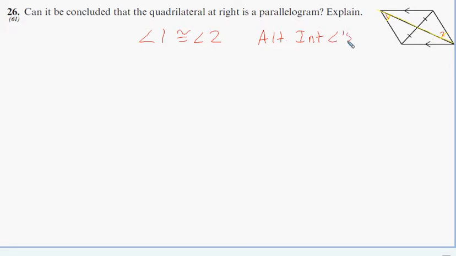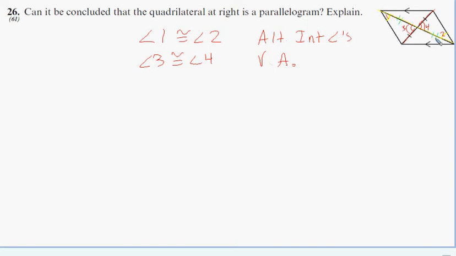We also know, we've already been given that this segment is congruent to this segment, and we could finish it out by saying that, I'm going to call this angle 3 and this angle 4. We can say angle 3 is congruent to angle 4 by vertical angles. So we can pretty quickly see that those two kind of sideways triangles are congruent to one another by angle, angle, side, which means that